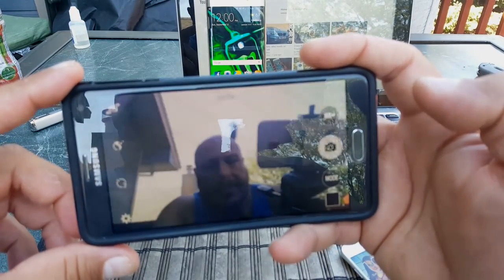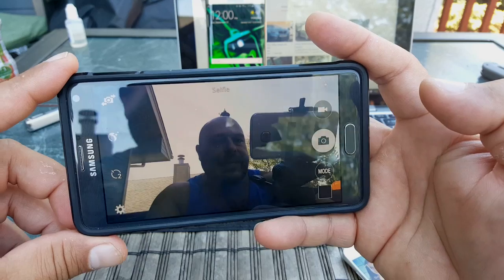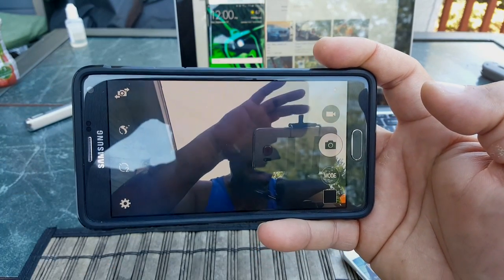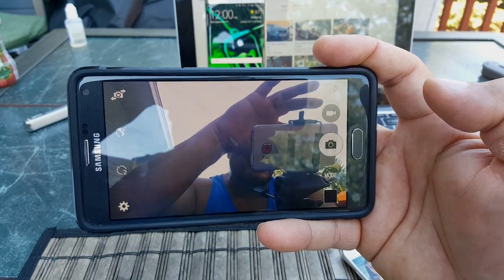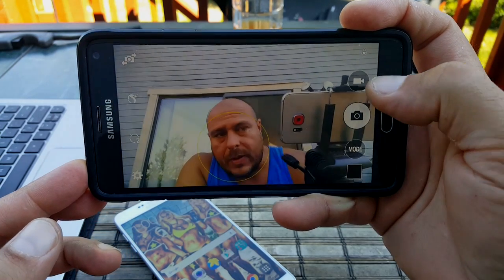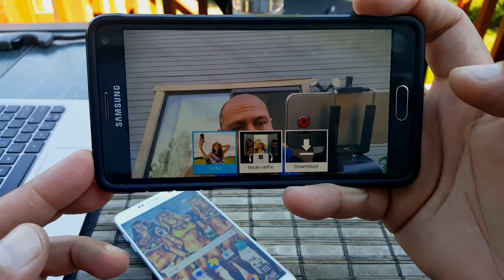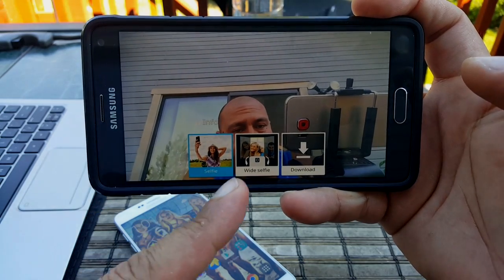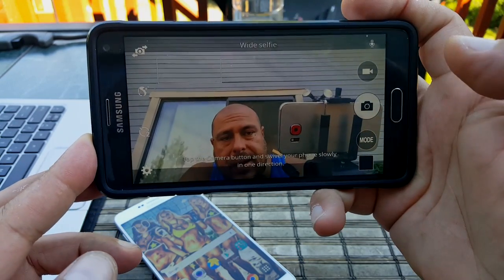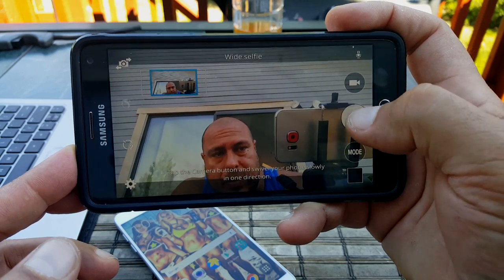With the front-facing camera, this is a 3.7 megapixel front-facing camera. Let's go ahead and change the light here, turn around the camera. So here's the front-facing camera. And you get right here, record, take pictures, and modes and the gallery. With the modes for the front-facing camera, we only get selfie and wide selfie. Wide selfie, it's gonna let you take a wider picture. You press right here,